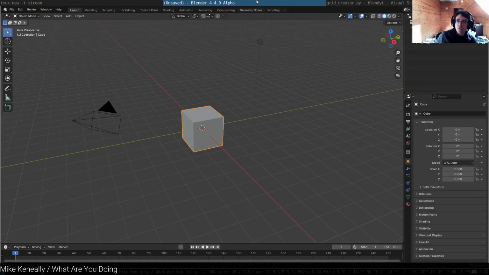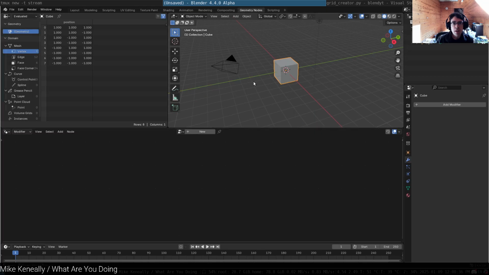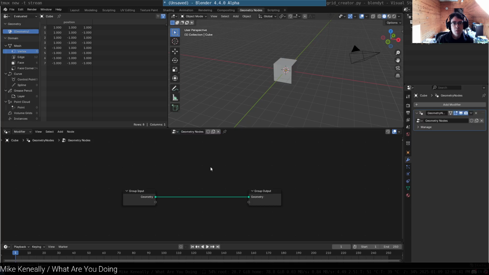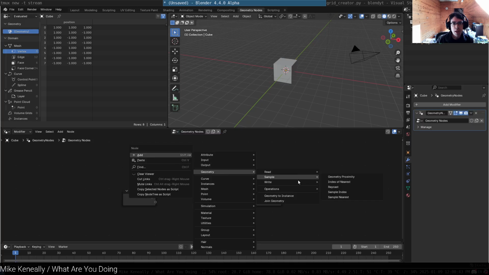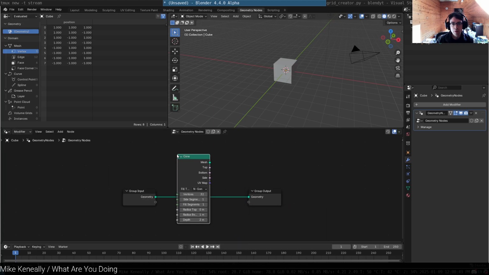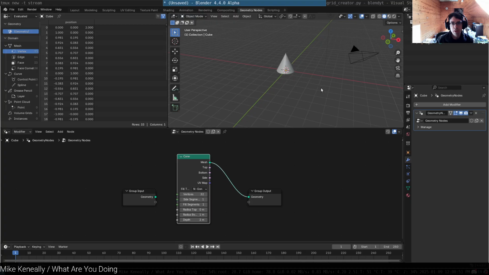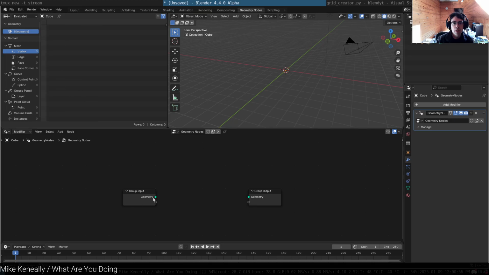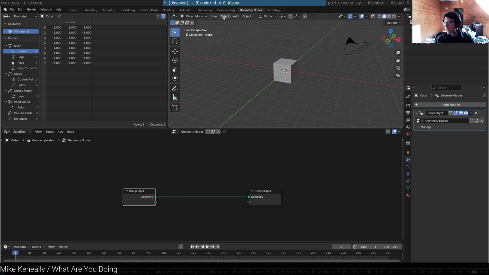Okay, so we are going to use the geometry node scripting that I did a couple videos ago. What this does is, yesterday I was working inside the geometry nodes area, and that's a nice easy way of coming up with this visual programming. Like for instance, here I can come up with some primitives. We'll do a cone right here and output the cone instead of the cube, and that's nice. What we're going to do instead is, I have a much easier time coming up with, excuse me,